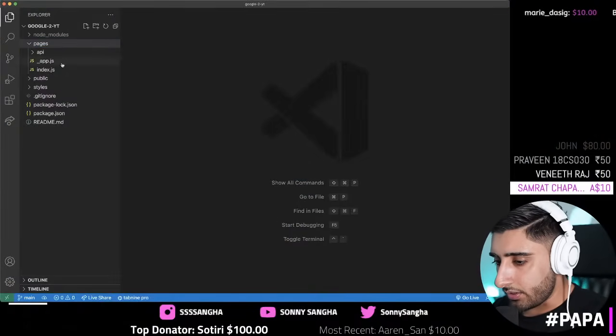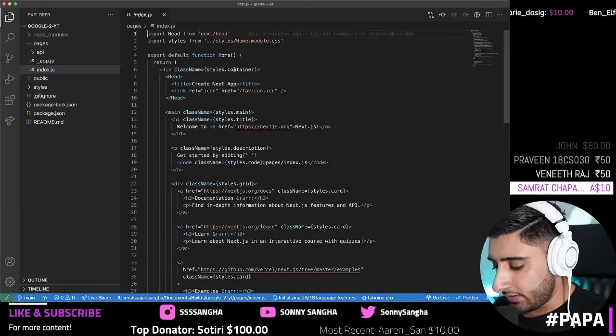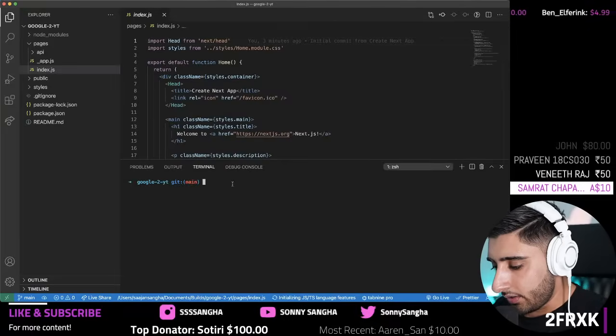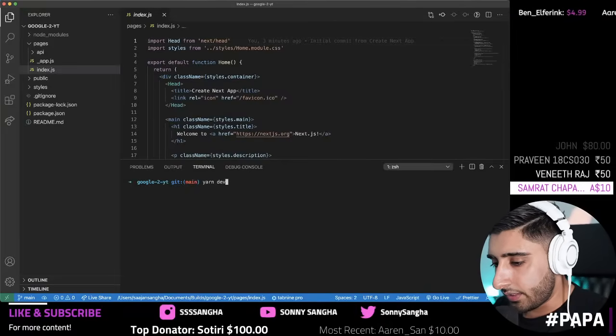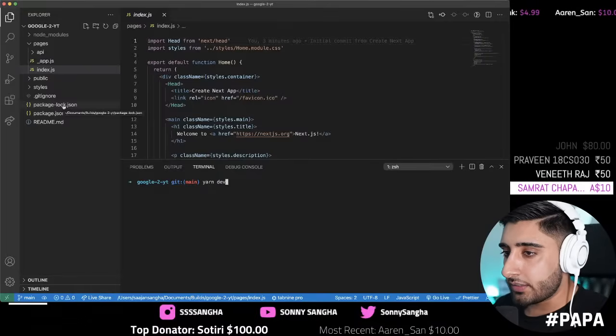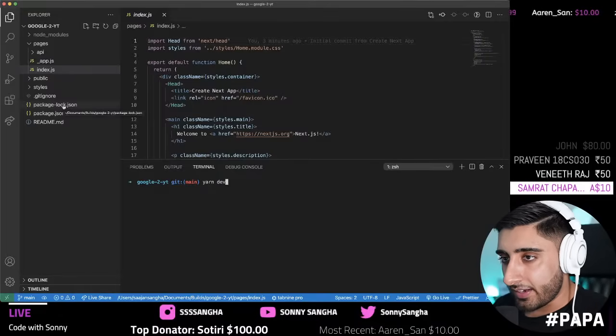So we're going to go ahead, hit index.js, hit Command J, and then do yarn dev. Now you can see there's a package lock. I prefer yarn, so the easy way to switch it up is to go ahead and